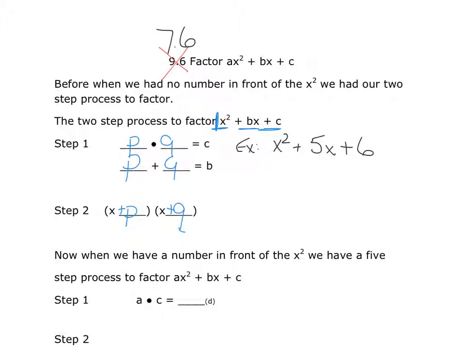But for example, over here, again recall the two-step process, we want to list out the factors of 6. 1 and 6 and 2 and 3 are our only factors. We want to find the factors of positive 6 that would add up to positive 5. That's going to be 2 and 3. Again, signs are important. So this 5 is positive, so we have to make sure that it adds up to 5. If the sign of 5 was negative, we would have a different way to do this. But step 1, we would say blank times blank equals 6, blank plus blank equals 5, and then we fill in our blanks. Well, we know 2 and 3 work,